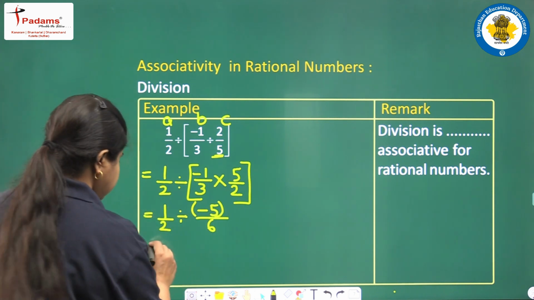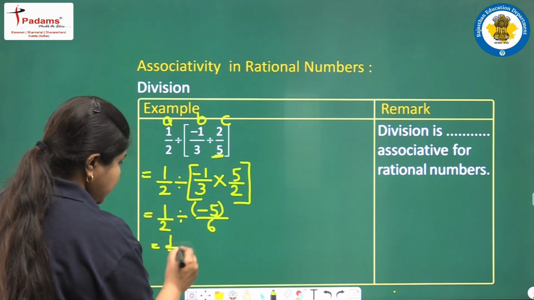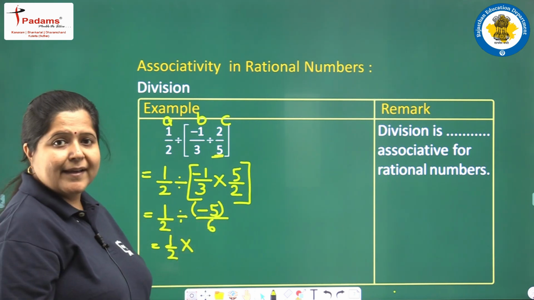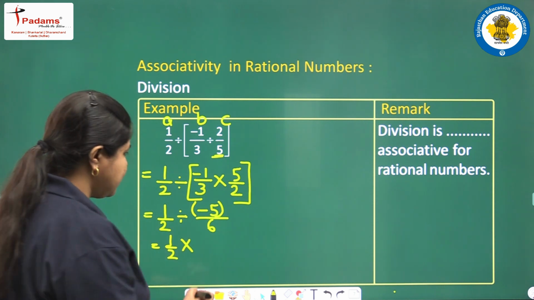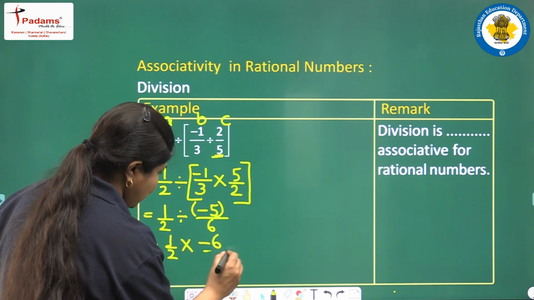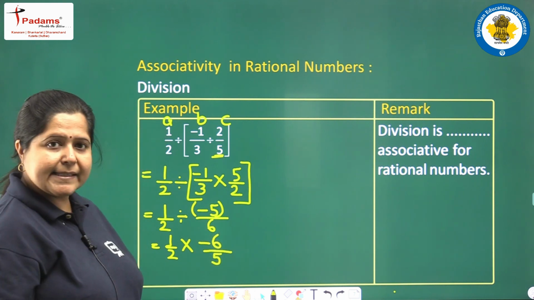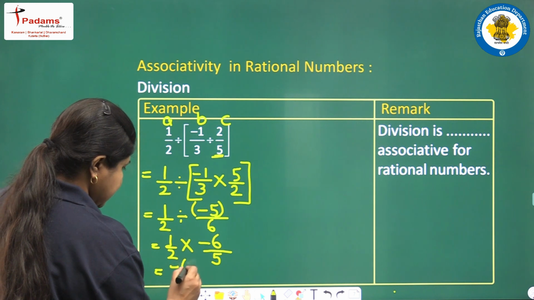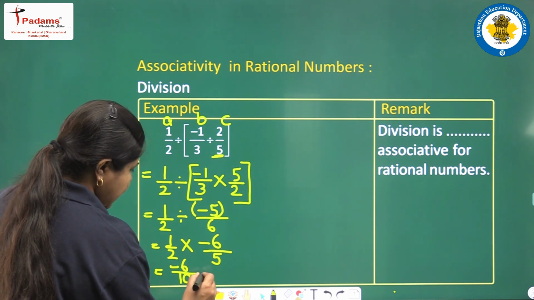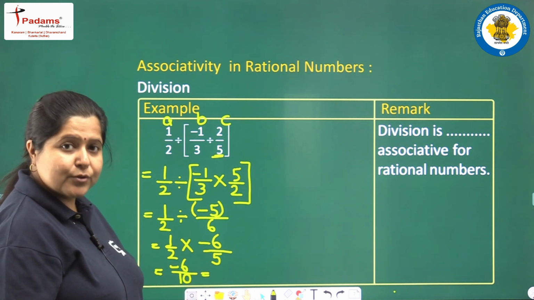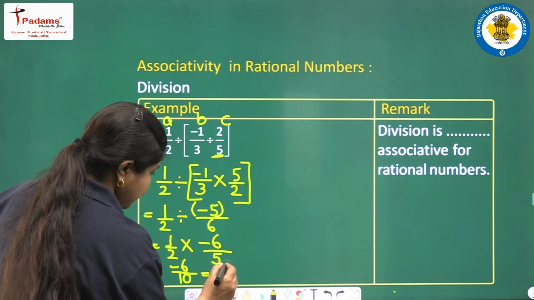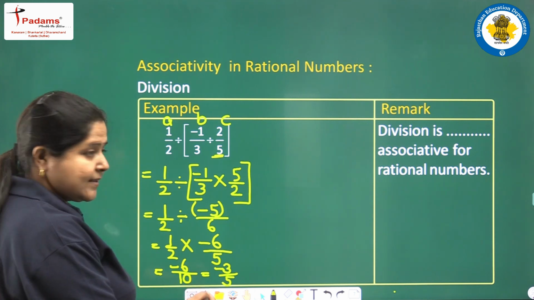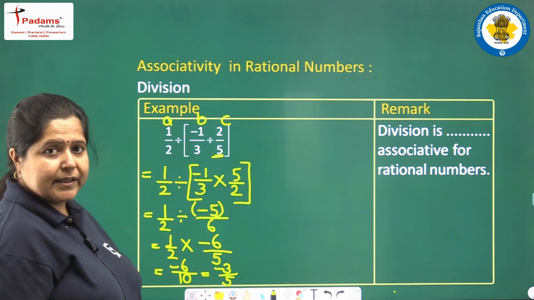Again we have to divide. 1 upon 2, divide will change into multiply. And what about this? Yes, they again will change their places, numerator and denominator. It will get minus 6 upon 5. The answer comes out to be minus 6 upon 10. They both are divisible by 2, so we can cut by 2. Minus 3 upon 5 is the answer. 2 3s are 6 and 2 5s are 10. Clear?